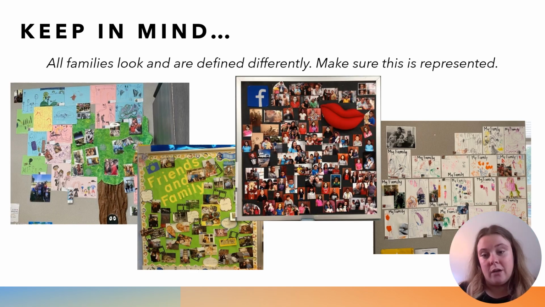Lastly, we know that all families look different, and children may even define their family differently than we would. If they want to add an extra picture of a pet or family friend or grandparent, aunt, uncle, whoever it may be, to complete their family image, remember that this will help them feel represented, safe, and connected in the classroom. You could also consider having older children draw a picture of their family in addition to the image that's brought in, and this will just help you understand a little bit more about what their family looks like to them and what it means to them.